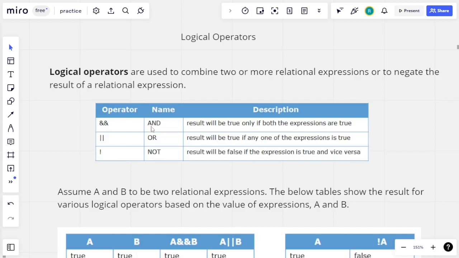सो एंड ऑपरेटर जब दो एक्सप्रेशंस पे वर्क करेगा, रिजल्ट विल ओनली बी ट्रू व्हेन both the expressions are true, otherwise it will evaluate to false. Okay, OR operator will result in true if any one of the expressions is true, otherwise it will be false. Okay, and NOT will result in false if the expression is true and vice versa. तो अगर एक्सप्रेशन ट्रू होगी तो रिजल्ट हमें फॉल्स मिलेगा, अगर एक्सप्रेशन फॉल्स होगी तो रिजल्ट हमें ट्रू मिलेगा।